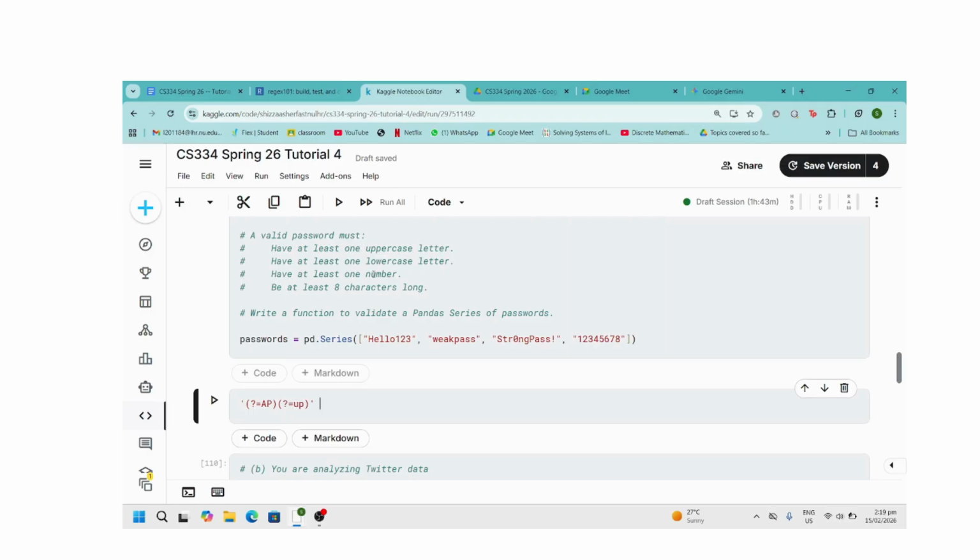Because I want कि वो string में search कर ले कि कहीं पे भी एक uppercase character exist करता है या नहीं करता, which I know how to specify actually. Capital A till capital Z. कहीं पे भी string में एक lower case character exist करता है या नहीं करता, which means I will write it as a lowercase a till a lowercase d. Then similarly I want to check कि कहीं पे भी string में एक digit exist करता है या नहीं करता, which means I will write it as a slash d,